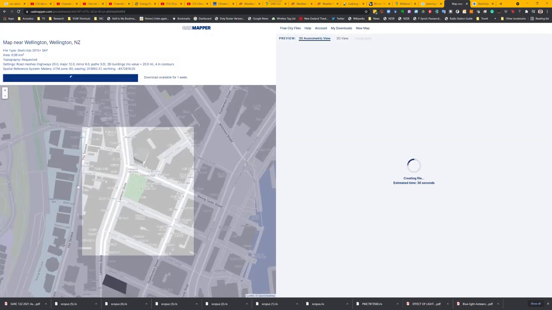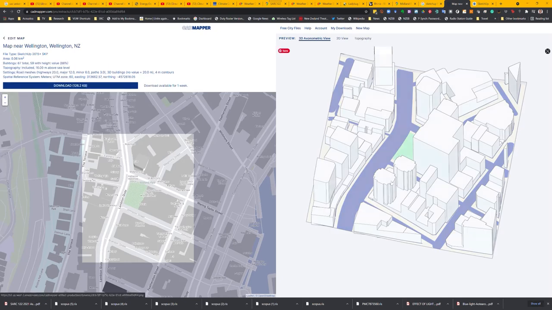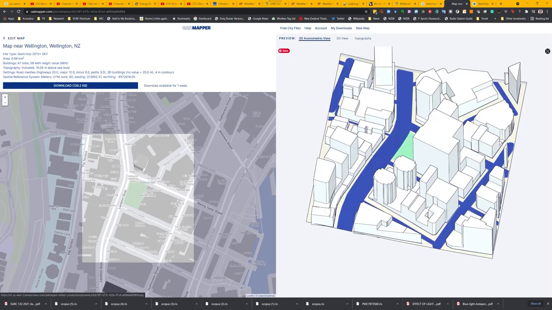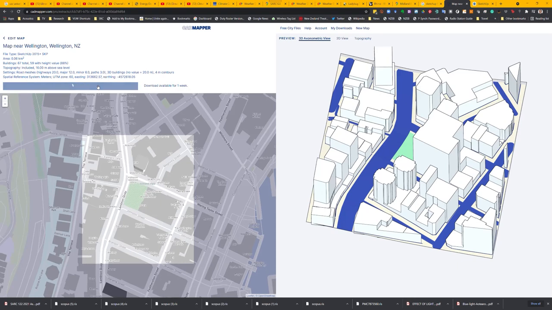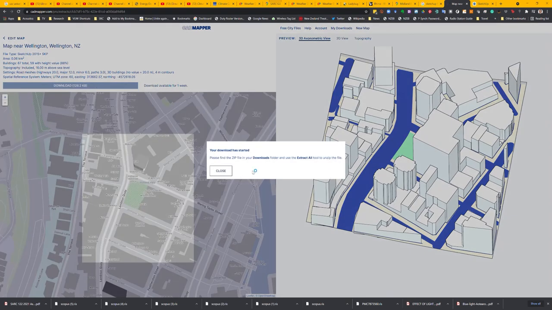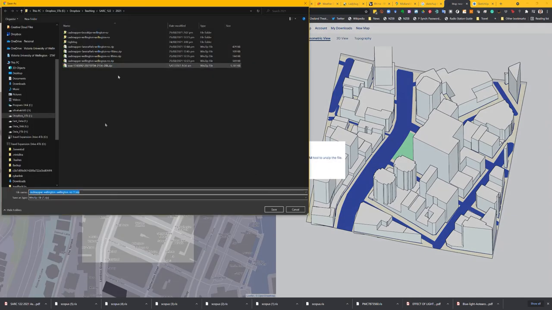Now, that's the area again on the left, and what it's doing is creating on the right a three-dimensional representation of the buildings. Now this actually looks like a lot of these buildings around are actually the right shape and size. So for Midland Park at least, we're looking okay in terms of actual geometry rather than that estimated 20 meters that we entered. Now if I click download, it's going to put a file which we'll call